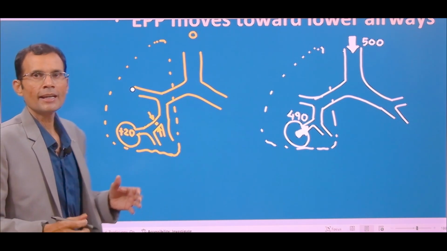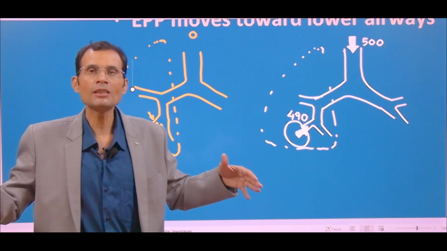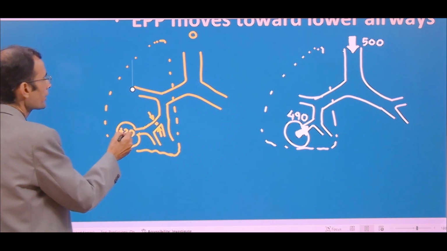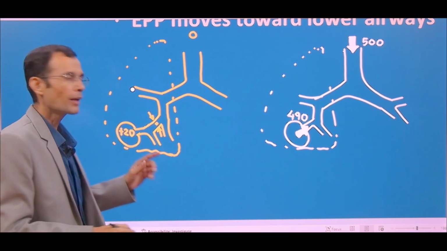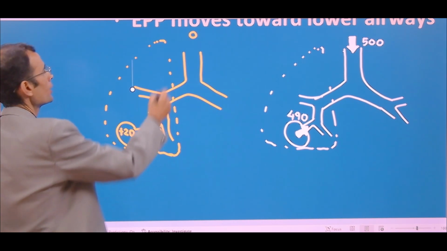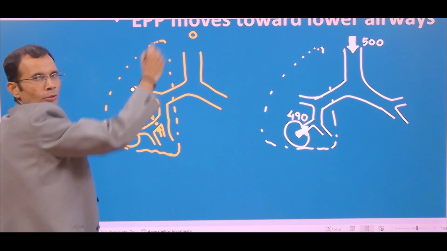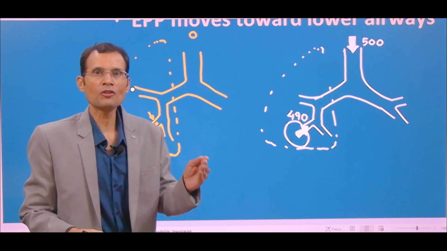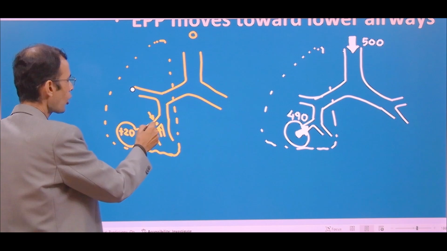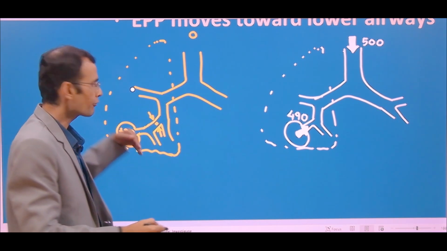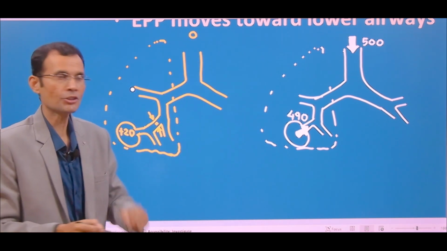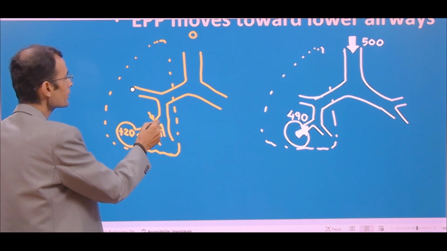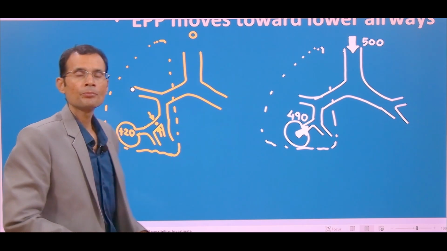Let's say you have taken a deep, forceful inspiration, and then you start expiring. Intra-alveolar pressure is, let's say, plus 20 centimeters of water. Atmospheric pressure is 0 at the outlet. So that means there is going to be a dissipation of pressure head. Pressure will drop and drop and drop as the air flows through the airways during expiration. So plus 20, plus 18, plus 16, plus 14, plus 10, plus 8, plus 6.